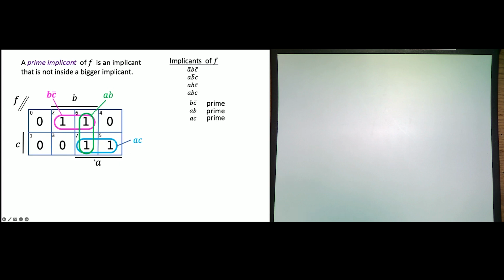Now you might say, wait a minute, AB is covered by others. But the key thing is it's not covered by a single other. It's not inside BC bar and it's not inside AC. So it's still prime, even though its parts are covered.